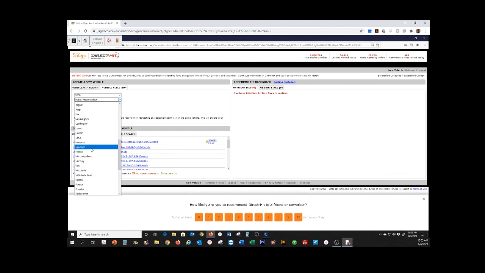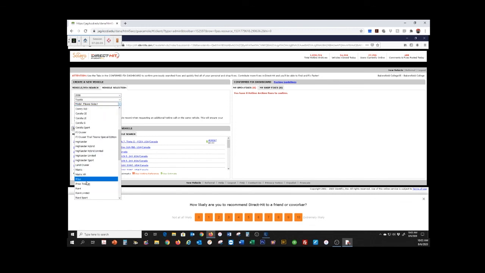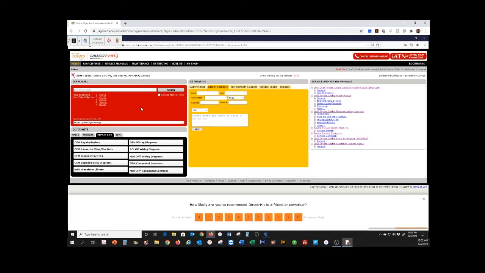Let's go to a Toyota Tundra. Let's choose a 5.7 liter, and I'm going to select that vehicle. When I select that vehicle, it pops into all of my information on the right hand side